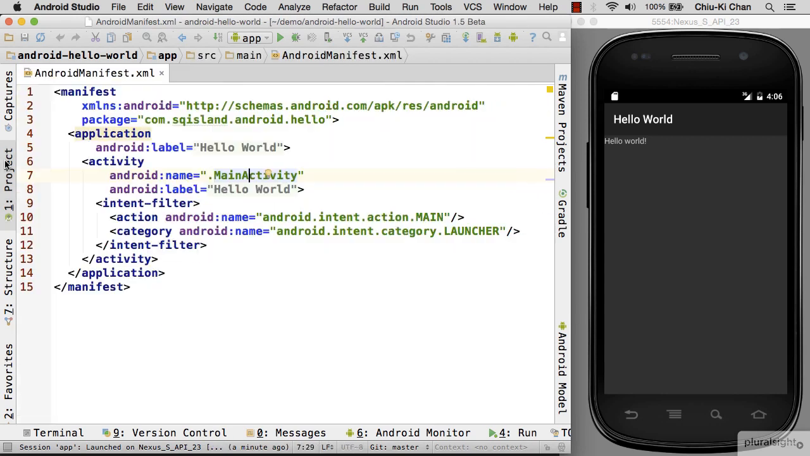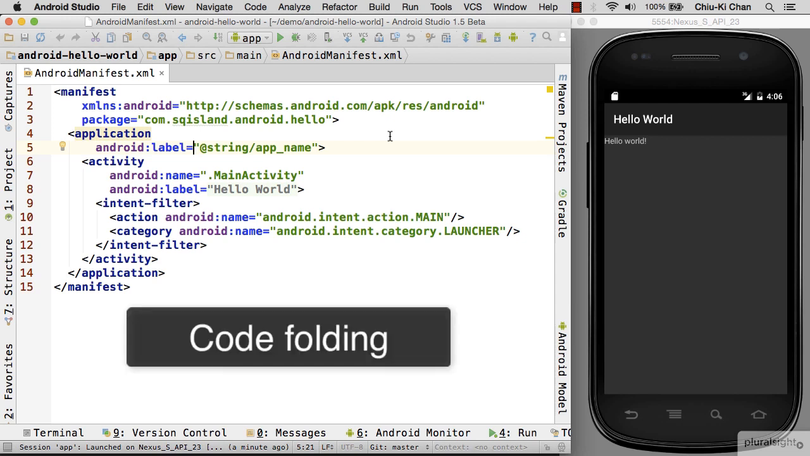AndroidManifest.xml. This defines the overall structure of your Android app. Take a look at the application tag. Inside it has an attribute called android:label. At this moment, you can see that it says Hello World. But if you click on it, you can see that the actual value of android:label is @string/app_name. The reason why we saw Hello World earlier is because Android Studio by default performs code folding for you, meaning that it's going to replace some of the variables with its values so that you can read it more